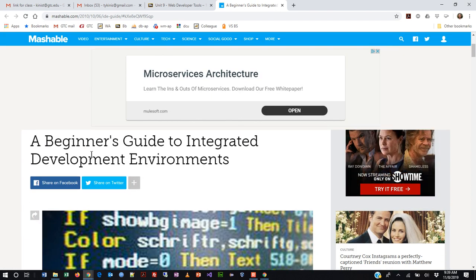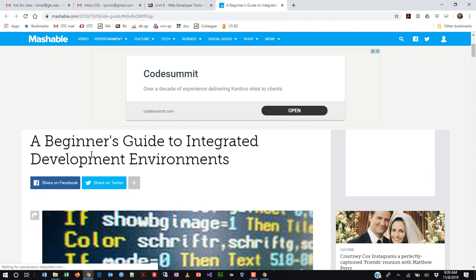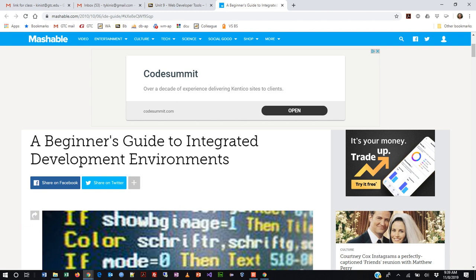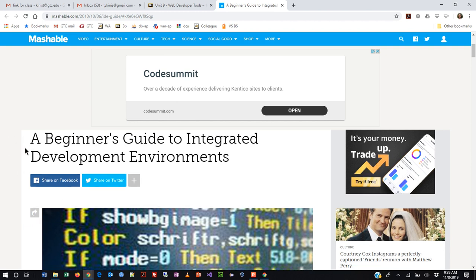This is a website called Mashable, which tends to be geared towards what I call the marketing world. So people that do web design, graphic design, advertising, things like that, or a lot of creative work, tend to use this website for information. I'm not sure how it got to that point, but they do get really cool articles on doing technology work for whatever discipline you're into. And they had this interesting article here